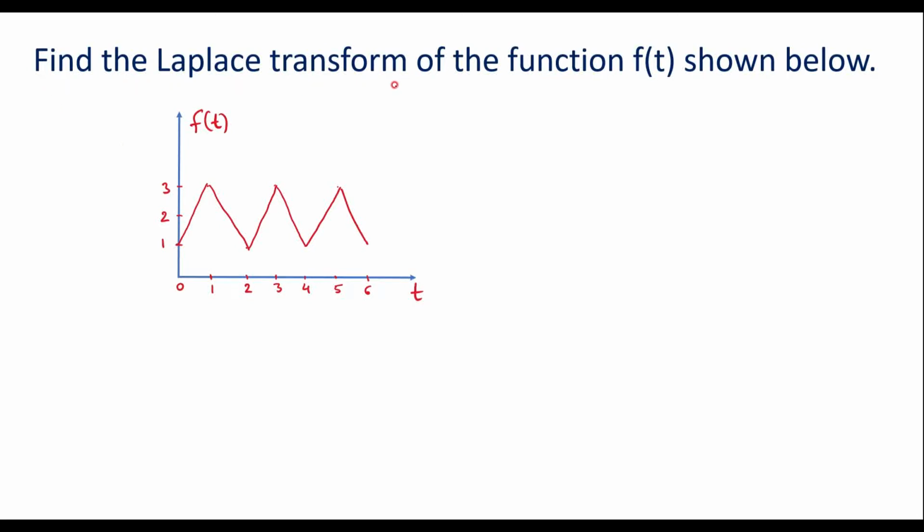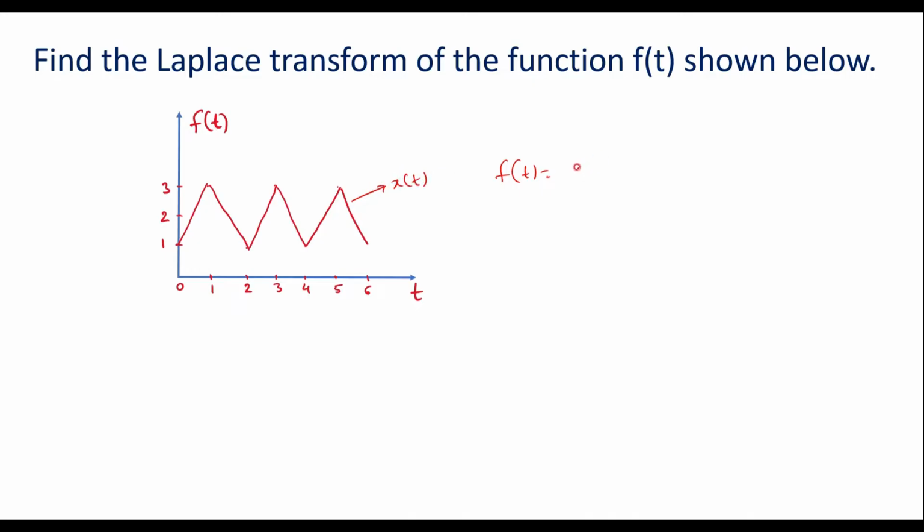Find the Laplace transform of the function f of t shown below. This is the given function f of t, which is a periodic triangular signal. Here we can see that f of t is a clamped signal, clamped by 1 unit. That is, we can say that the signal f of t here is, if we consider this signal as say